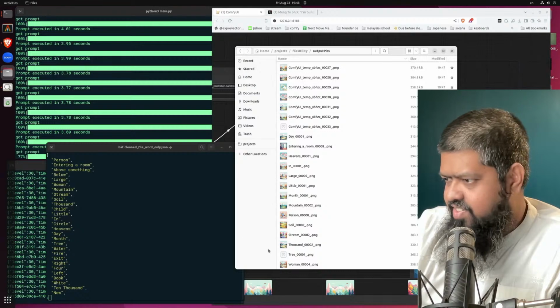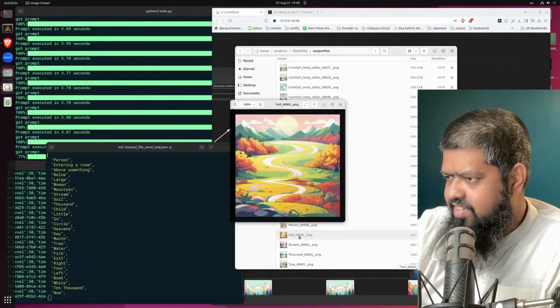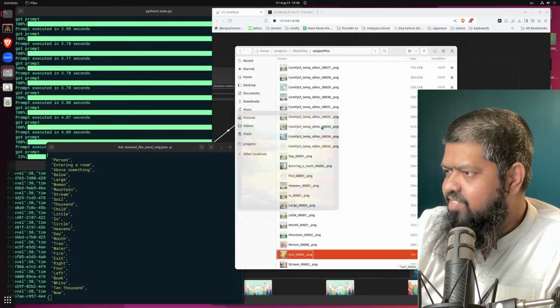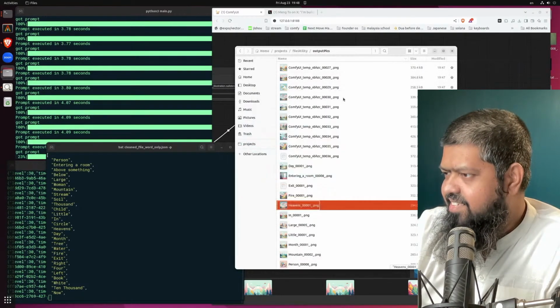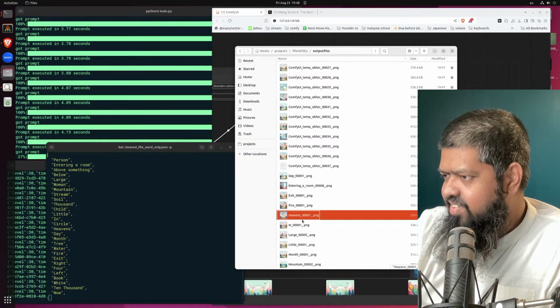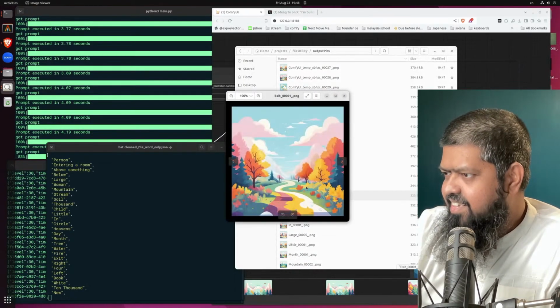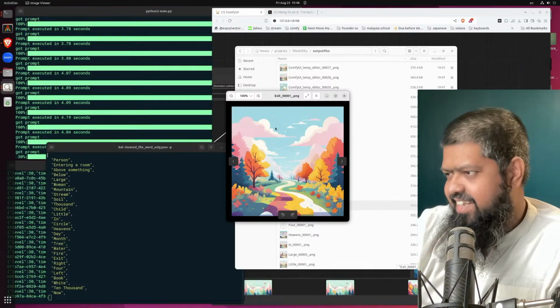Tree. So it just generated tree, and it should generate water. So let's see what the soil looks like. This looks like a meadow. Heavens. Let's look at the exit. Even the exit looks like